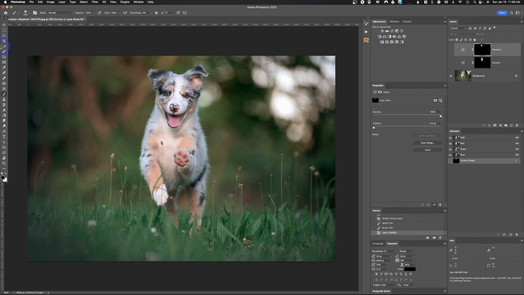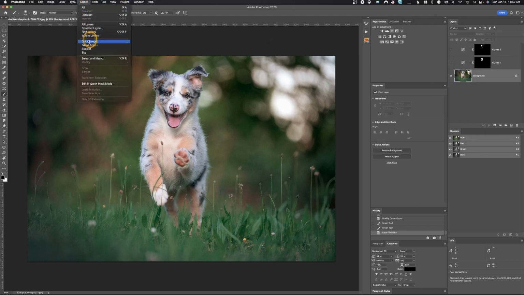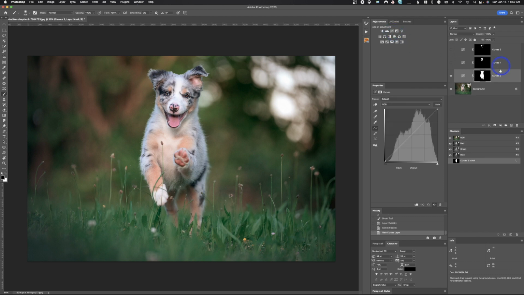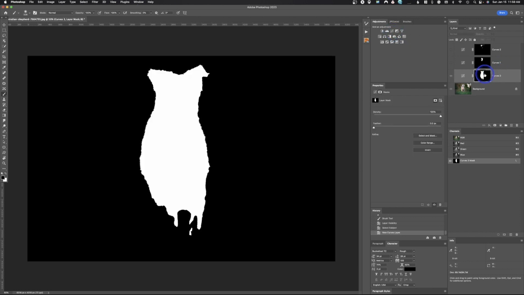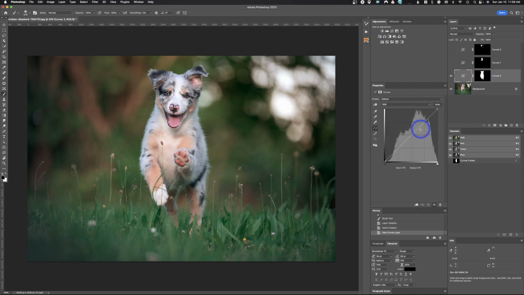So now we're going to do a little bit more intelligent way. We're going to come up here and go to select. We need to click on the background layer when we do this. So we're going to hit select subject. It's going to automatically select the subject as best it can. Then I'm going to make that curves adjustment layer, and you can see it made a mask of the selection. Now, when I come in here, I can apply that to this animal. All right. Now, it's not looking good because it's too hard of a selection, but the concept here is